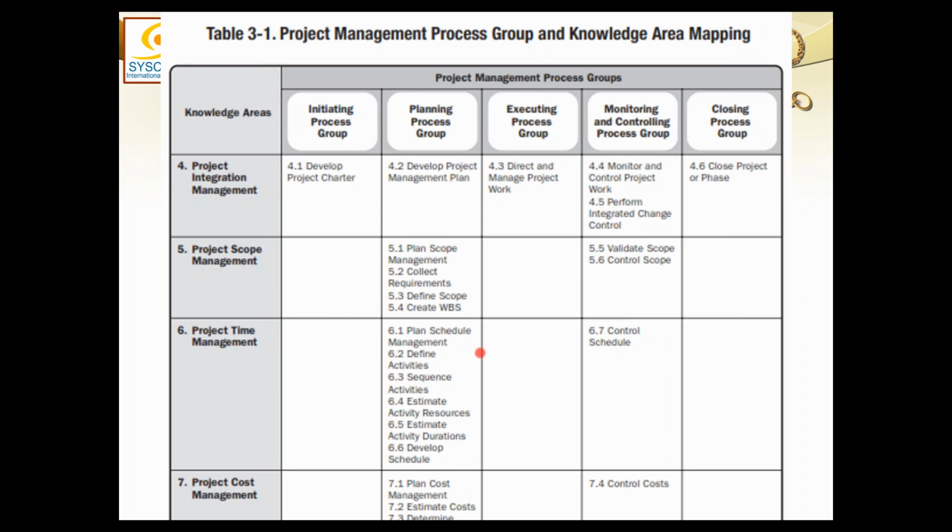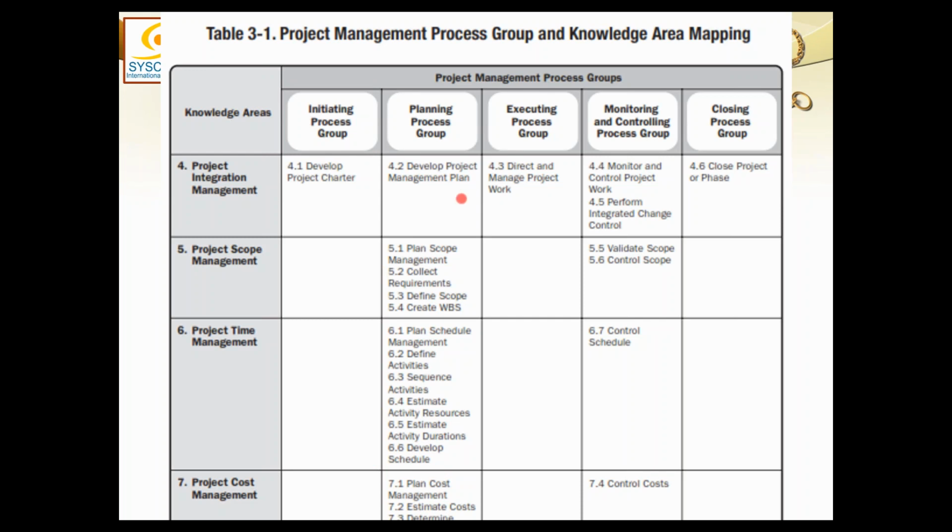And then I said there are three baselines because there are three project objectives: scope, time and cost. So scope baseline, schedule baseline and cost baseline are the three baselines we have to manage. And if these three baselines are prepared, are complete, then based on them, I can execute the project. So project management plan will include these three baselines plus all the management plans.